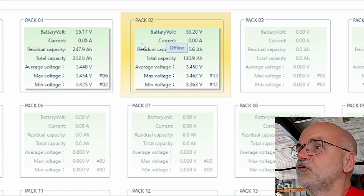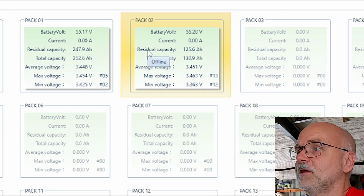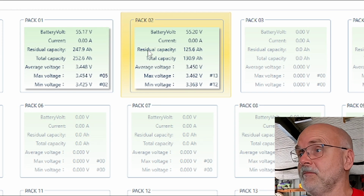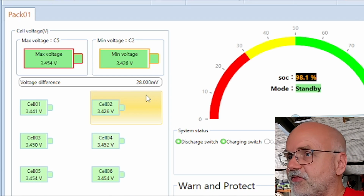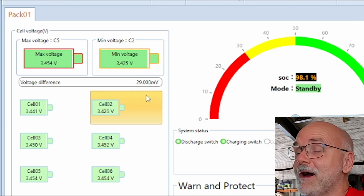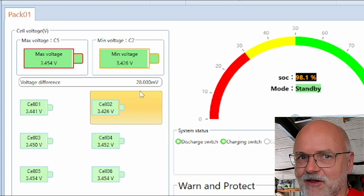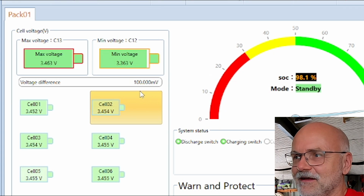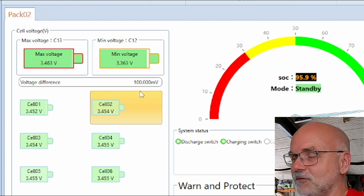Let's have a look. 55.17, 55.2, 248 and 125.6. So this will be our maximum capacity together. And the deviation was at 89 and 33, and it's now at 99, 129. The deviation of the big battery has actually increased, while the deviation of the small battery has decreased by